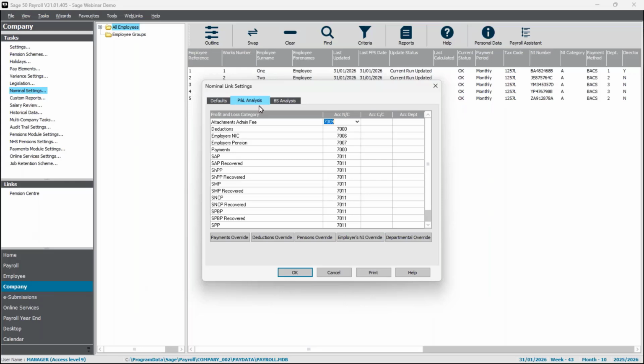Now, if you want to view your payroll costs in more detail in accounts, it's likely that you might want to split out certain types of payment, or even split up different groups of employees so that their salary information is posted to a different set of nominal codes. And this is where the overrides option comes in. So you can see the overrides at the bottom of the screen here. So you can override by payment or deduction,